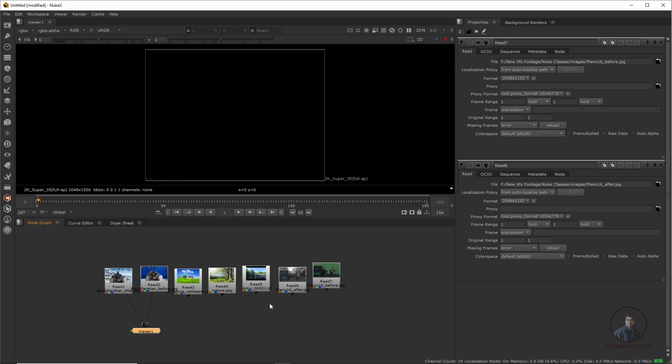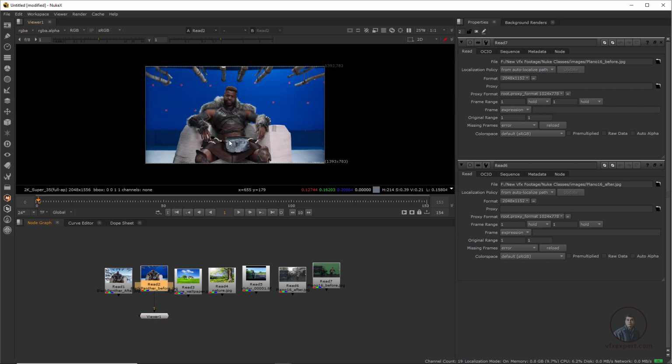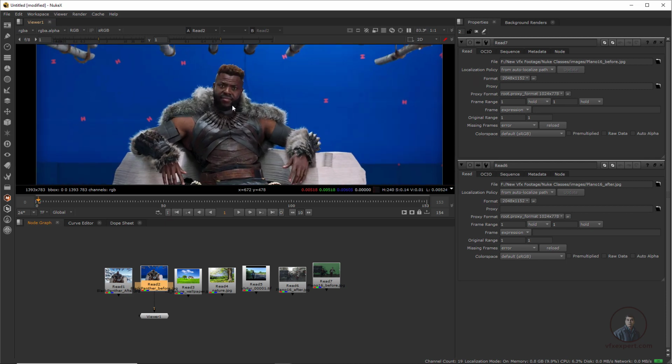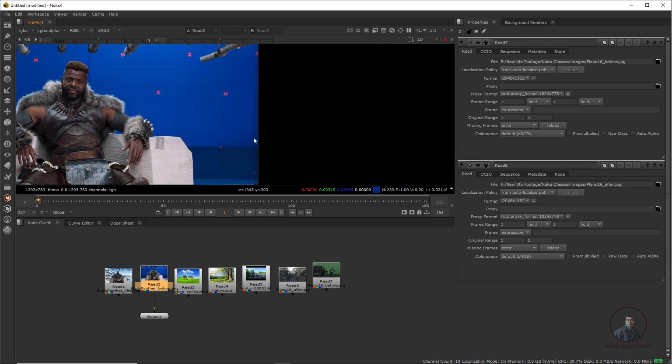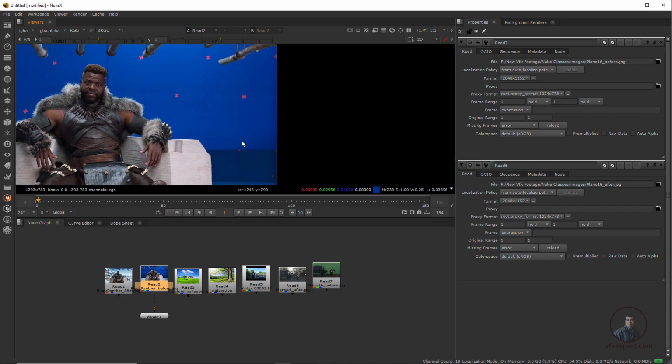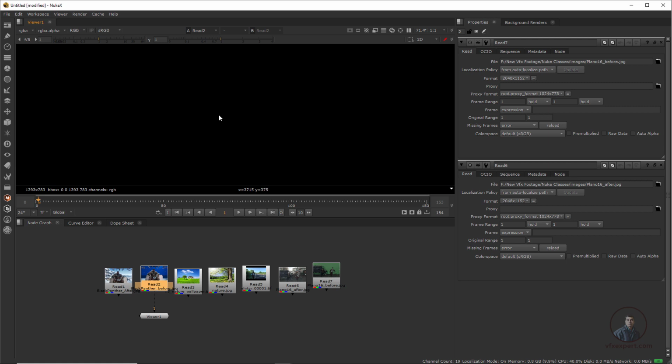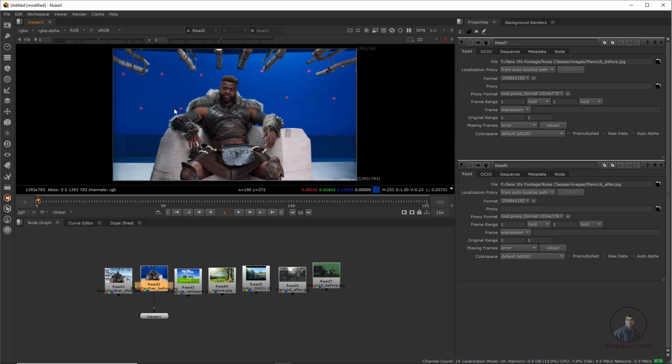Now again unplug all these images and simply view only this one. After this, I am going to show how we can navigate our viewer. If you scroll the middle mouse button, you can zoom in and zoom out of your viewer, and if you hold the middle mouse button, you can pan it. And suppose you have panned and you don't know where you have moved your viewer, then simply press F for frame. This will frame your viewer inside this area.